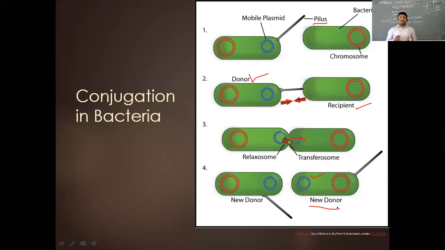A very simple situation, let me tell you: imagine the bacteria are growing in a medium that contains a certain antibiotic, and the plasmids have the ability to resist the antibiotic. One of the bacteria has this particular plasmid that allows it to be resistant. So by the conjugation method, it is going to transfer that plasmid to the remaining bacteria in the medium with antibiotic, and that will allow the bacteria to survive in a medium containing antibiotic.